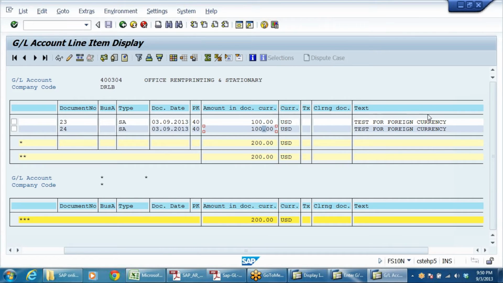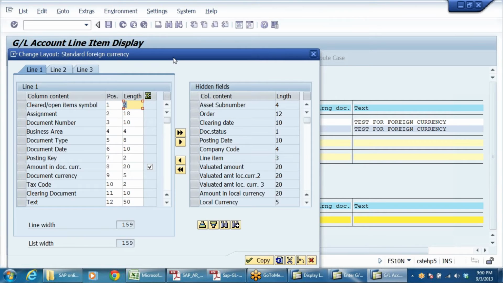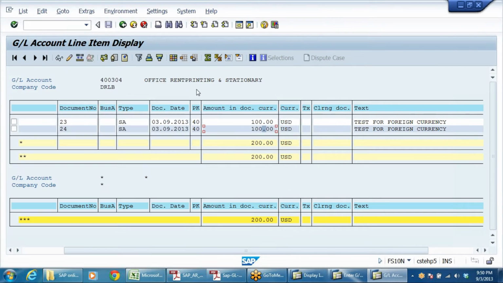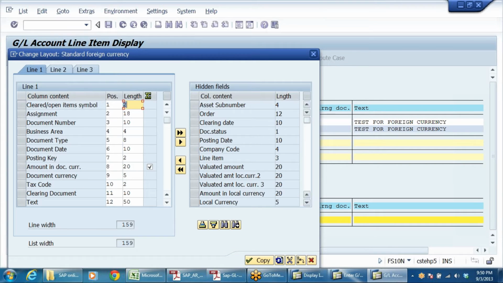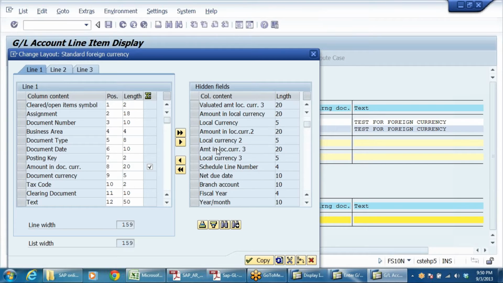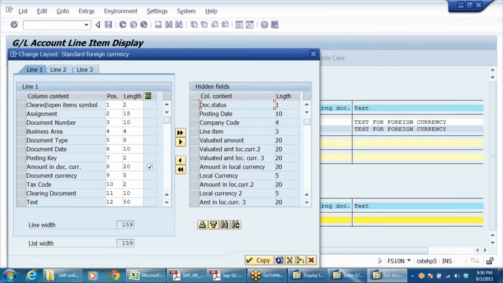I can remove it. So what you do, you can change layout. Click on that, and if you observe, click on change layout. Then this is the text part. First of all, there is posting date, company code, validation, valid amount in local currency.